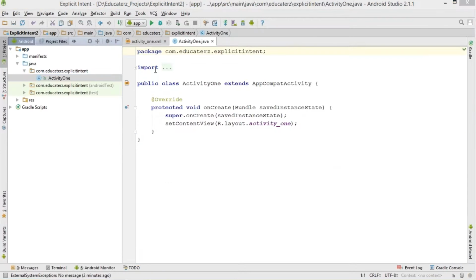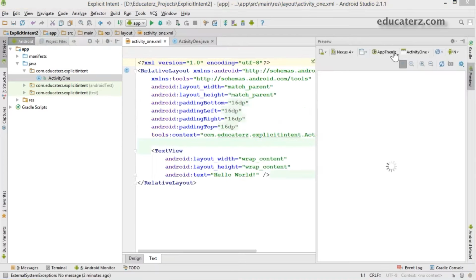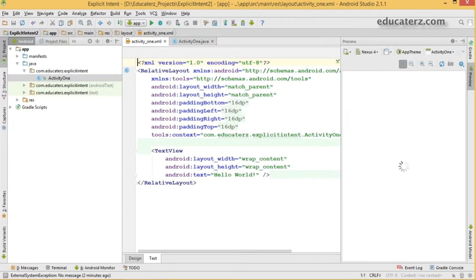The project has loaded. Now open your UI file. It is always good practice to start with the UI first, then go to your application logic implementation. By default it is showing a TextView, where I'm going to pass a welcome message. For that I should create a string.